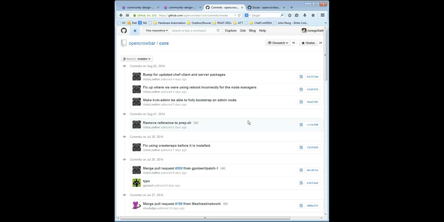My preferred model is that trunk on my personal repo is literally a mirror image of the OpenCrowbar trunk. And I do all my work in a branch, and generate the pull request from the branch in my personal repo. And I never modify or commit into the trunk in my local repo. I only fetch that from the main OpenCrowbar repo. That way, only ever would.